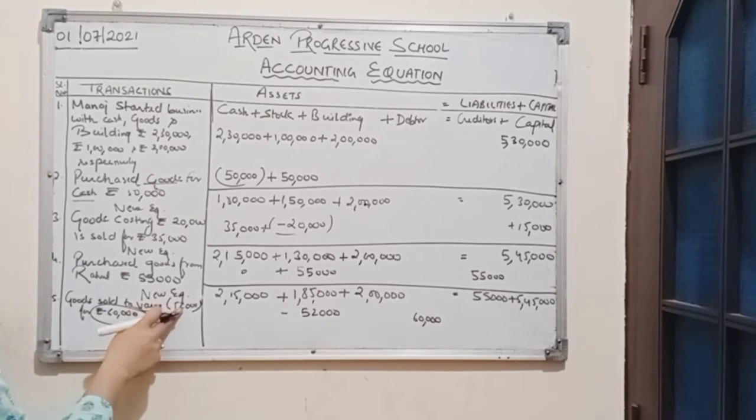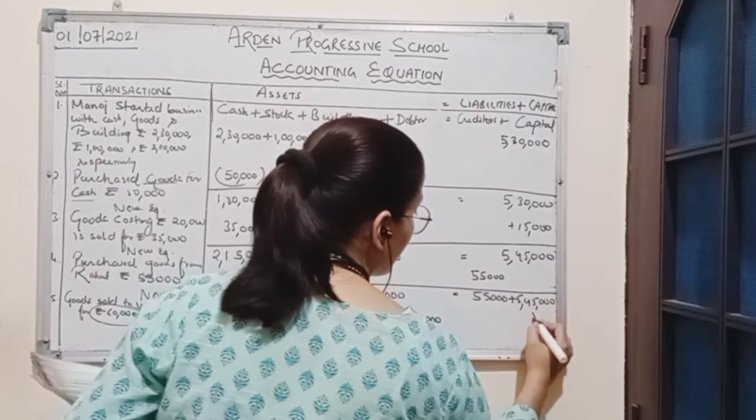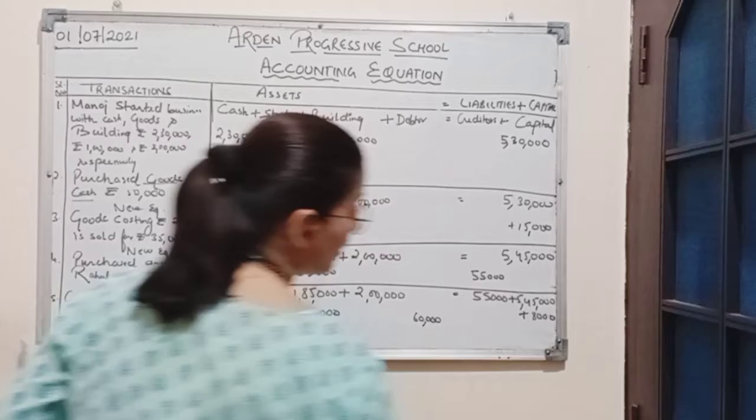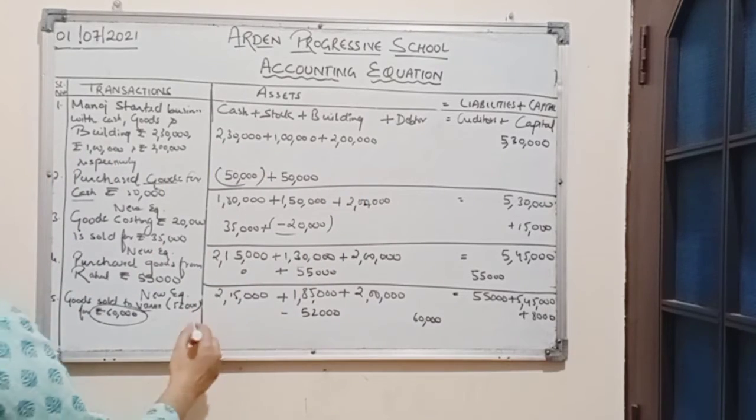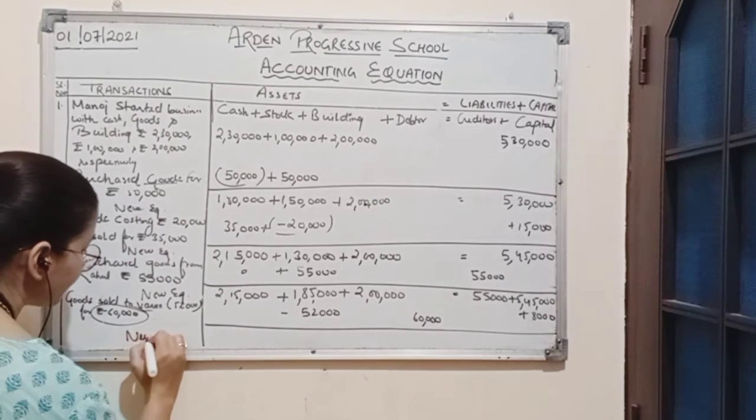Now, 52,000 goods have been sold for rupees 60,000. That means there is a profit of rupees 8,000. That profit will be added in capital column. Now by solving these two equations, we will get a new equation here